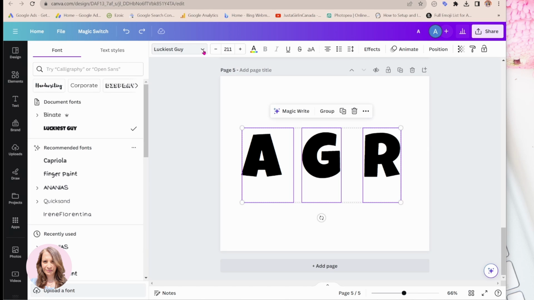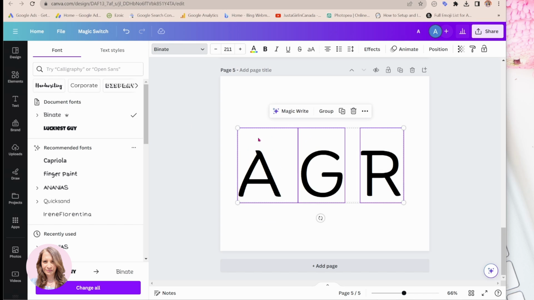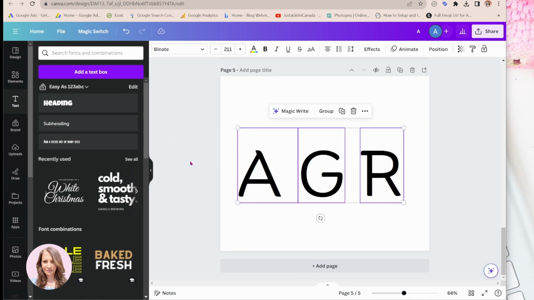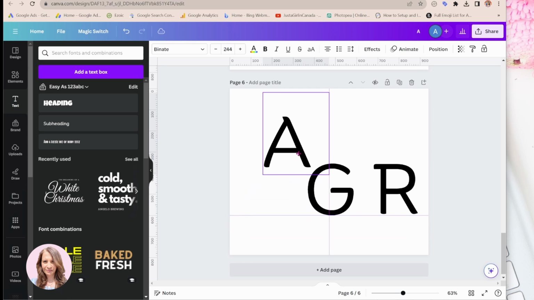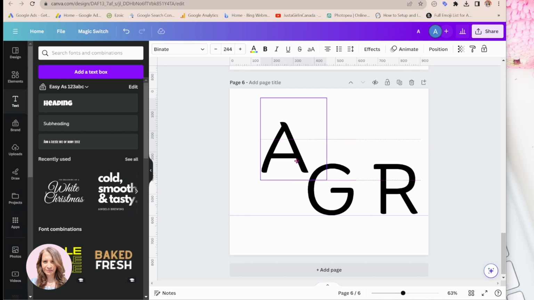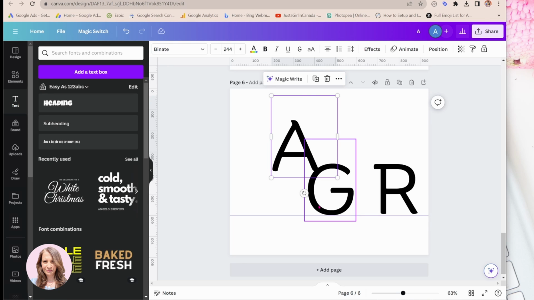Okay, so let's change the font. We'll change it to Binate. You'll want to use something that's open to make it easier for the interlocking, okay? And I'm just going to make a copy of this. Now, one way to create interlocking characters is you can have your A there in the middle, and